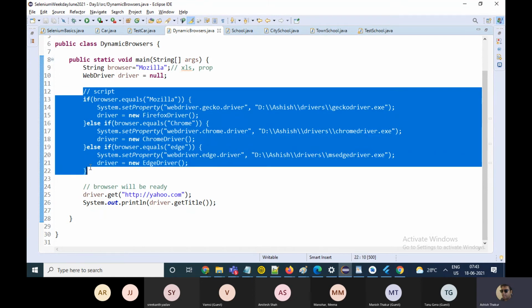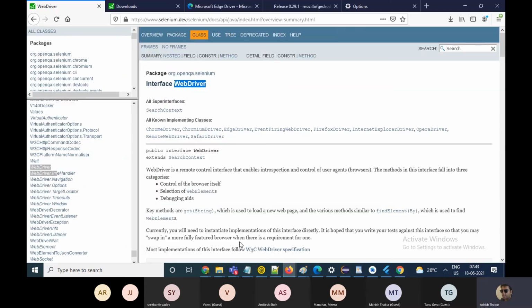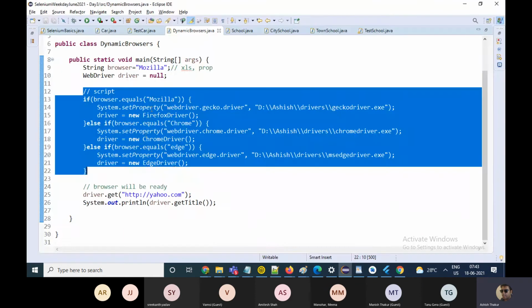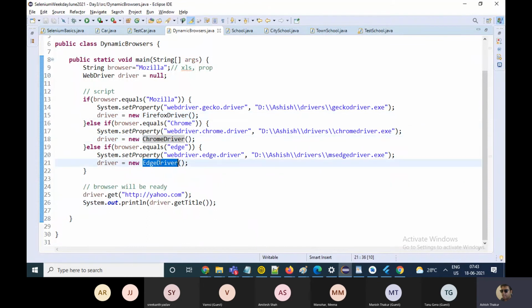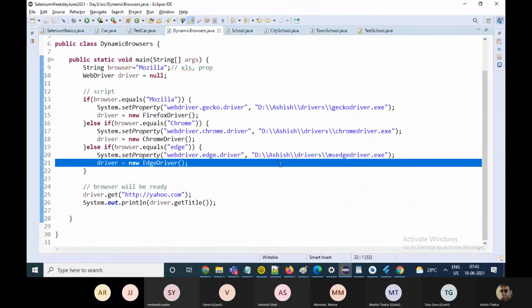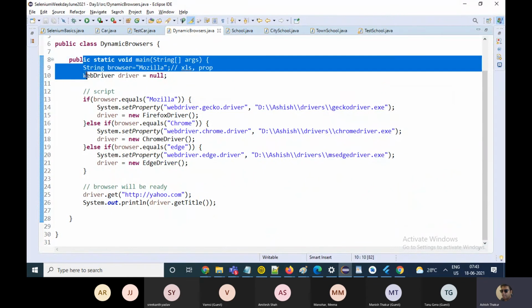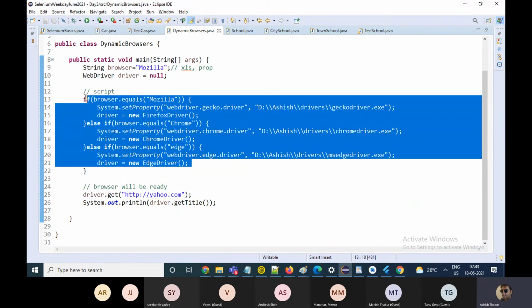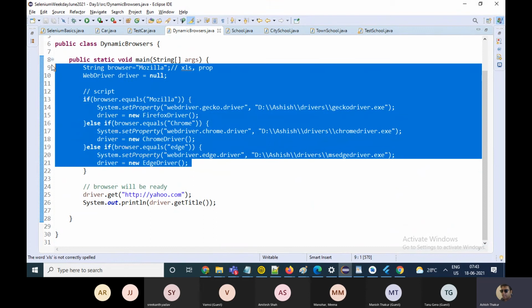And when we have to run the code on Selenium Grid, which is to run the test cases in parallel, we use the remote WebDriver class. In that case, we don't use Firefox driver or Chrome driver. We look at these other classes as well. But whatever I have taught you right now, this will be used till the last day.